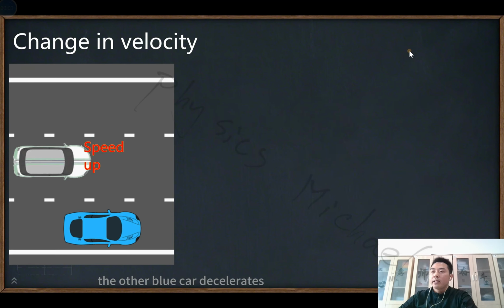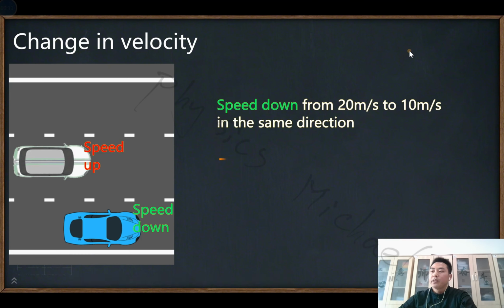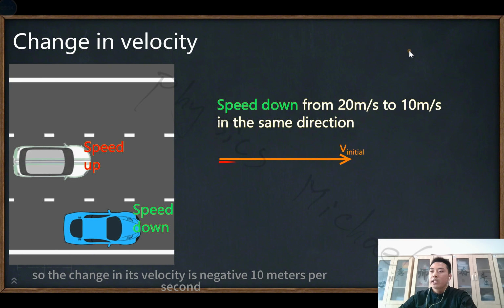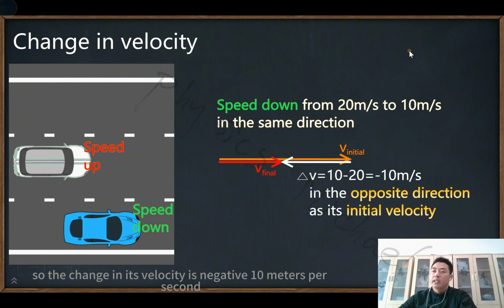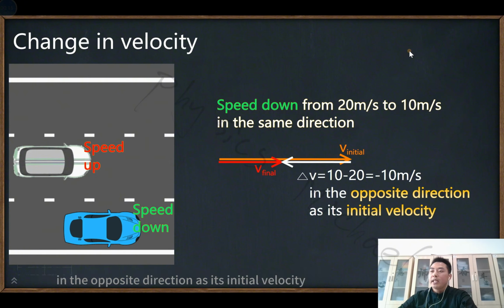In the meanwhile, the other blue car decelerates, or slows down, from 20 meters per second to 10 meters per second. And its change in velocity equals 10 minus 20. So the change in its velocity is negative 10 meters per second, which means it is in the opposite direction